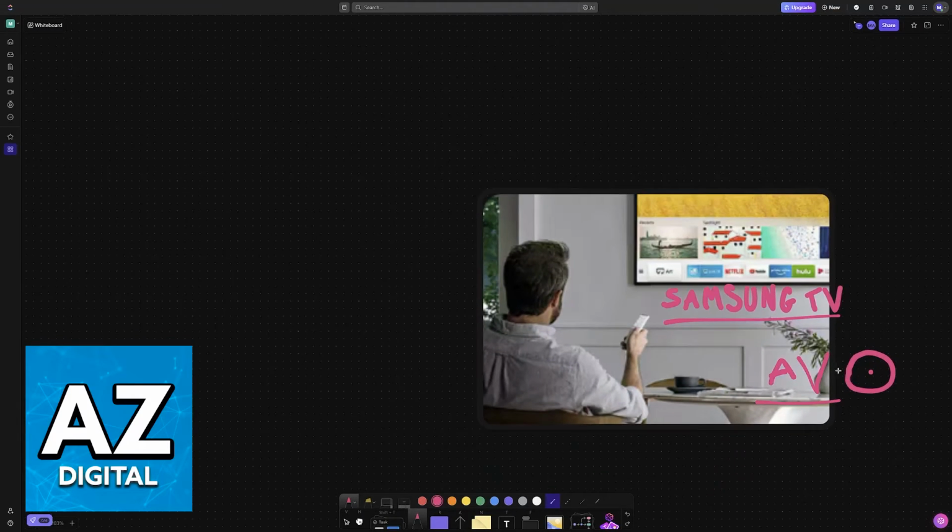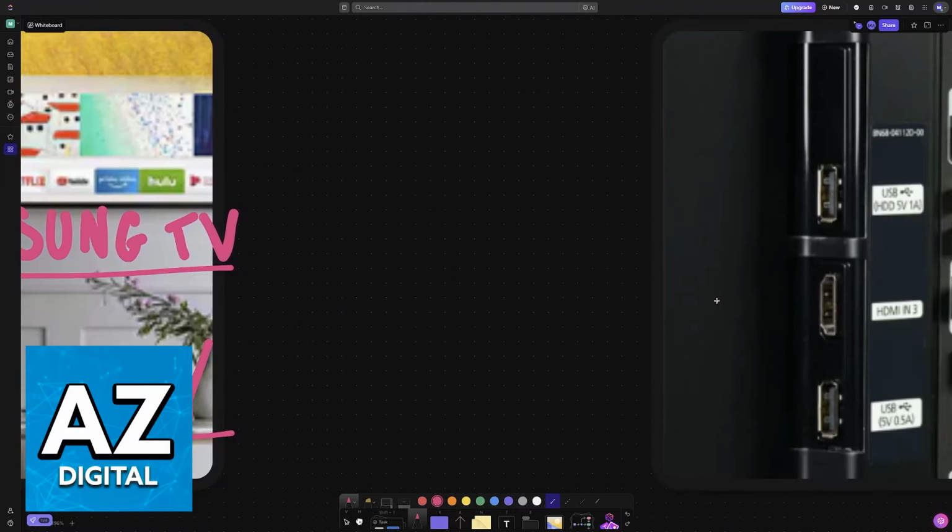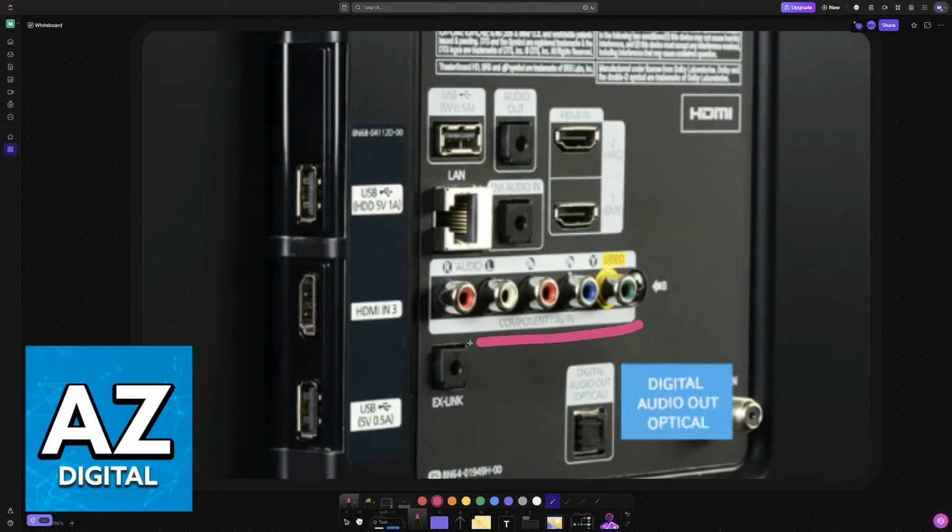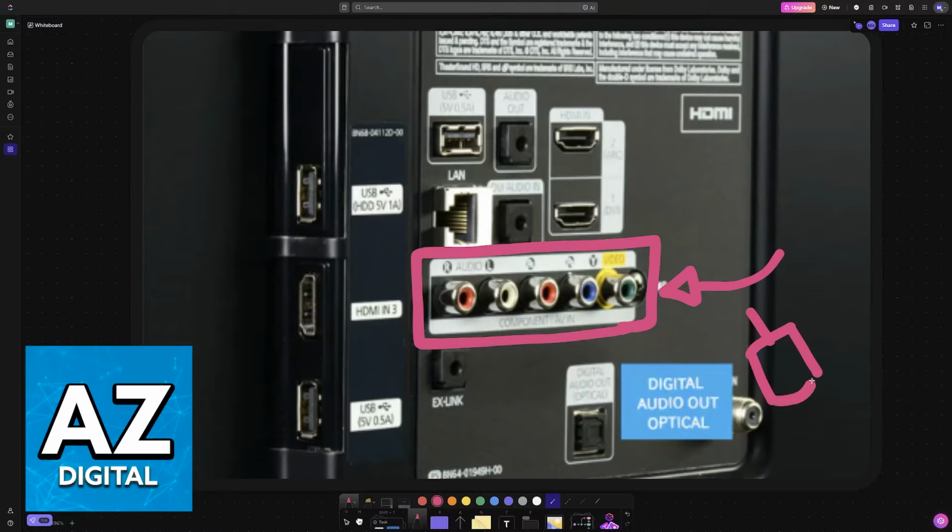what you have connected. So the first thing, obviously, is to make sure that you have all of the cables properly inserted and connected. Usually there will be a dedicated section on the back of your Samsung TV where you will be able to manage these connections. All that you have to do here is plug the appropriate cable into the proper port. So make sure that they are all plugged in accordingly. Usually it is going to be labeled component/AV in. And as long as you have all of these connections established according to your needs, you will be able to change it inside of the actual TV settings.